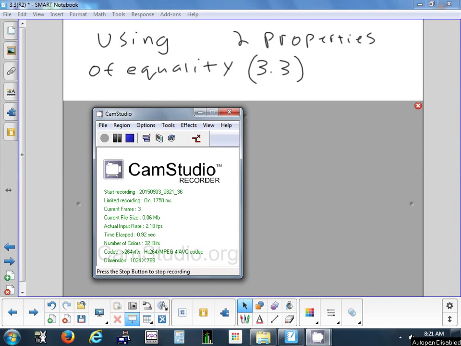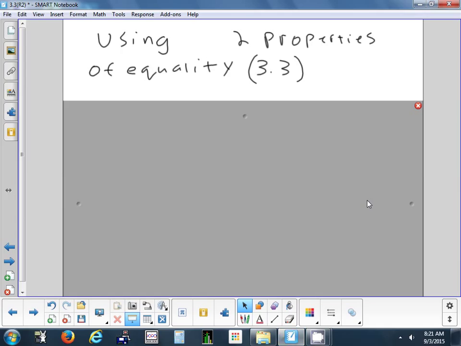Okay, so yesterday and the day before, we looked at solving equations. All the equations that you guys solved had one step in them. It was either add, subtract, multiply, or divide. Today we're going to solve equations again, except the only difference is there's going to be two